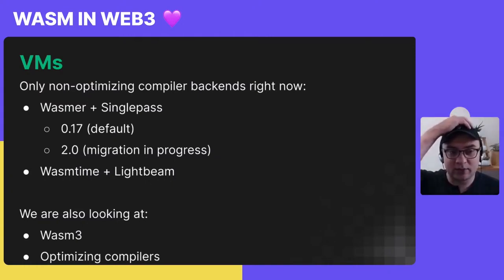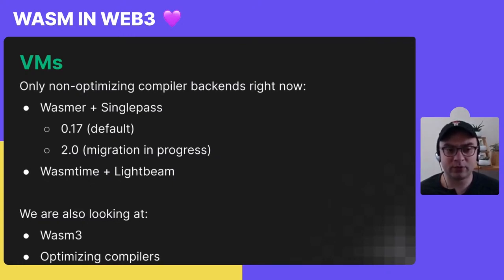Right now we're using Wasmer 0.17 as our default execution environment, but we are slowly migrating to Wasmer 2.0. Wasmer 2.0 has faster compilation, faster loading of the module into memory, and faster execution of WebAssembly code in general. So we're going to have at least twice faster contracts once we migrate to Wasmer 2.0. We've just been extra careful with fixing all safety issues in Wasmer 2.0 before migrating to it.